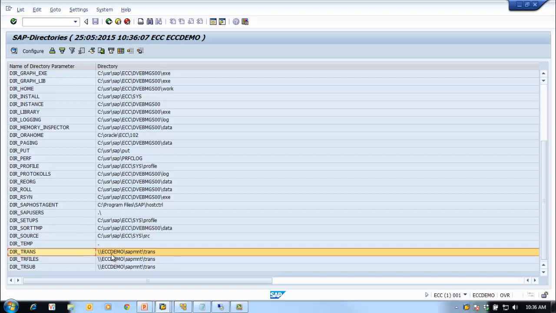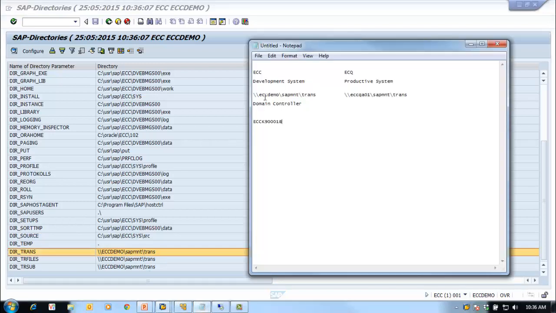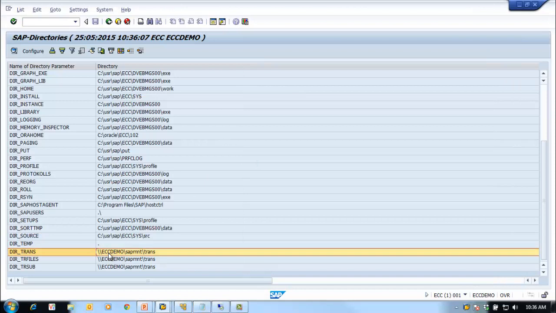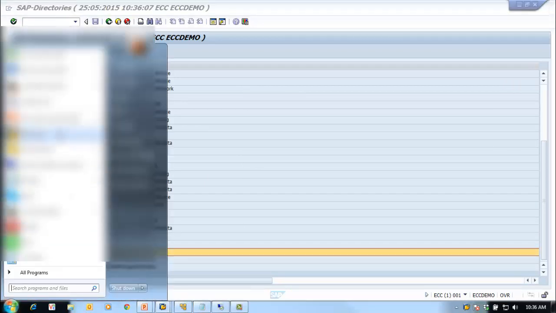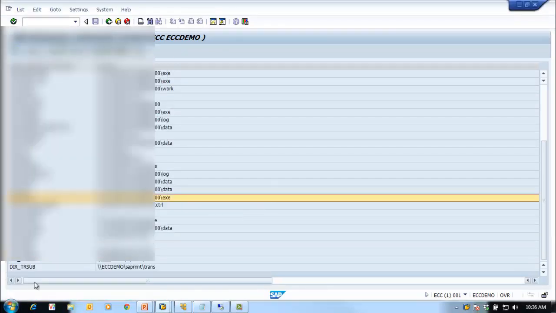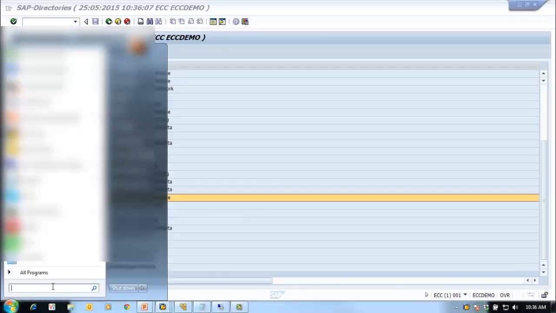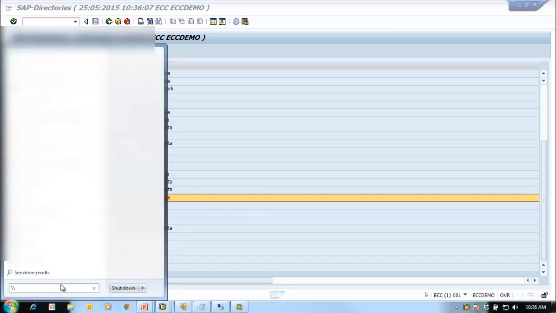You can see here /ECC demo/SAP MNT/trans. This is the directory. Here SAP MNT is the share. Let's say from the notebook I am working on, if I access the same directory, /ECC demo,